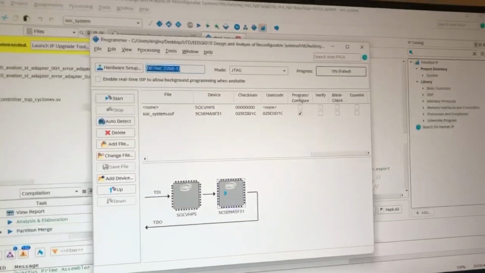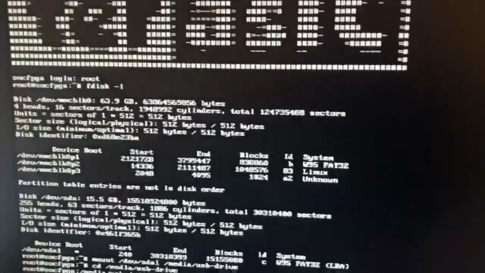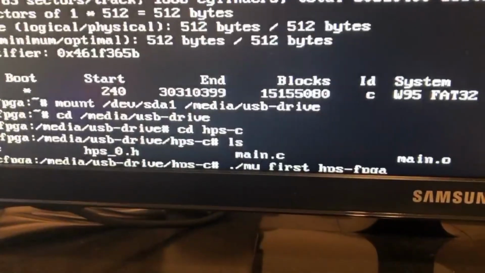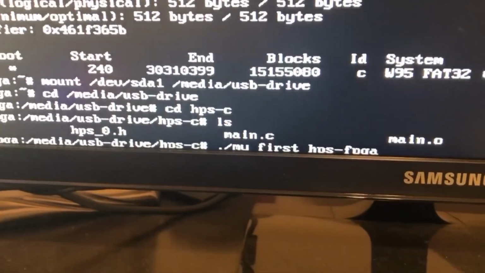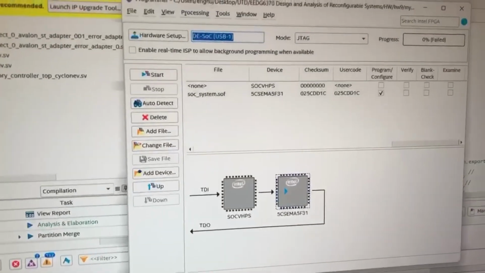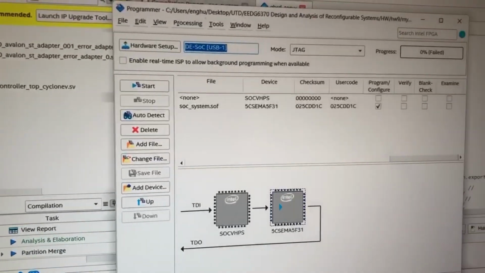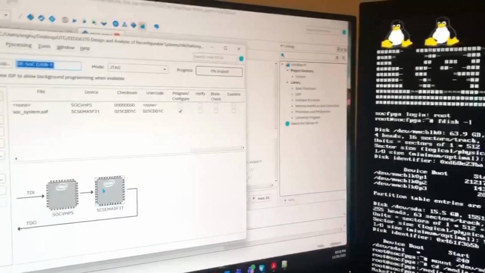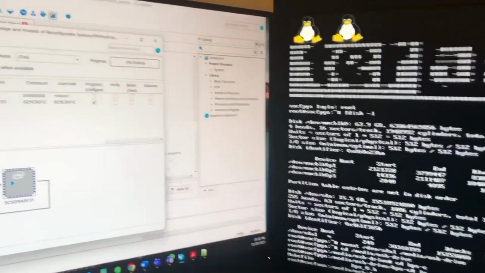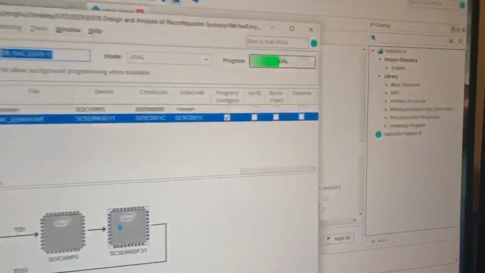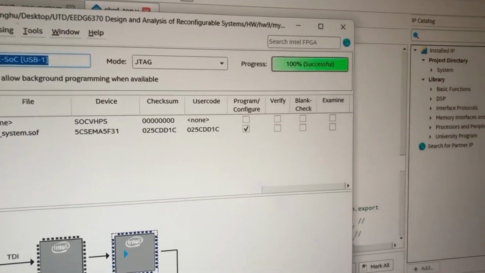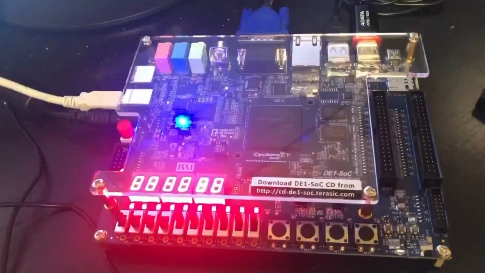So this is the Windows PC, and this is the Linux connected to the Terasic board. And here we can see it's ready, the C executable ready to run, and the SOF file ready to be uploaded. So as we start uploading here, we're gonna lose the Linux VGA monitor. So we're gonna run it here, and as you can see here,